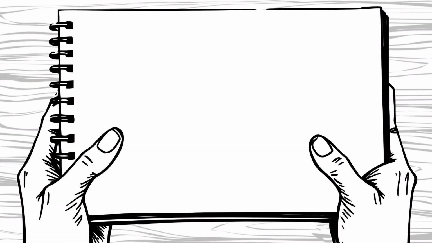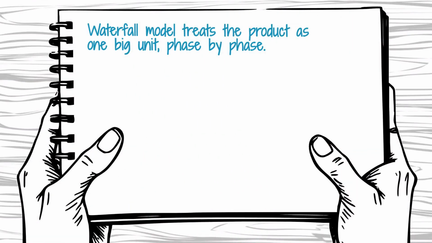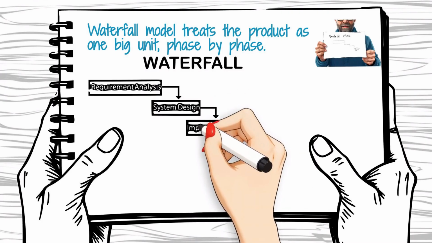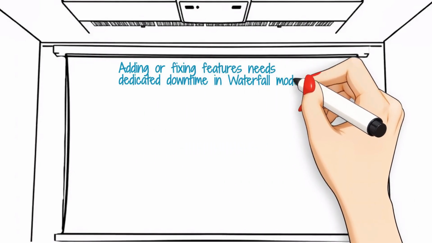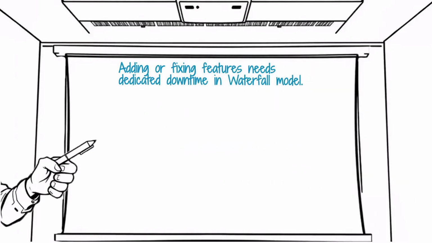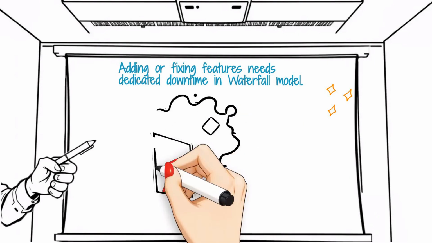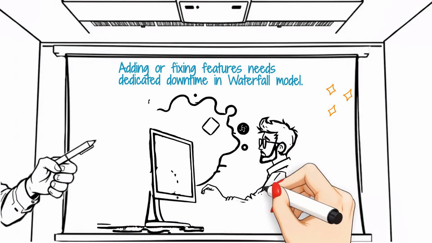Uncle Max continued, "The waterfall model treats the whole product as one big unit. Each phase starts only after the previous one ends. So adding a new feature or fixing an old one requires a dedicated downtime period to avoid disruptions. If you make changes in the middle of a waterfall project, you risk breaking the entire workflow and producing irrelevant